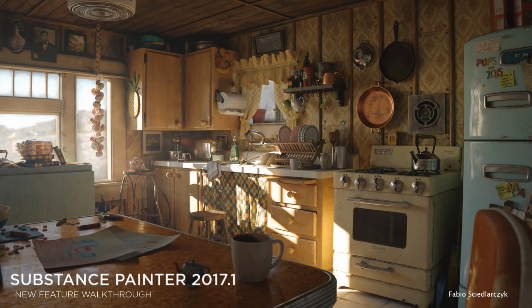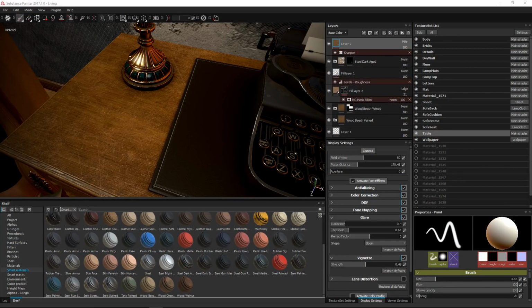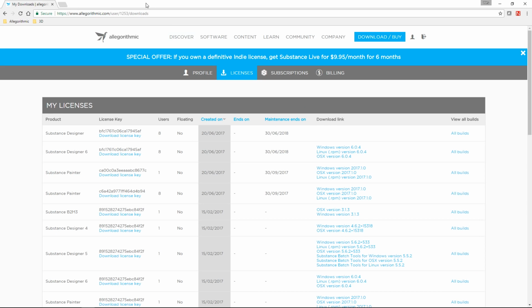Now, before we jump right in and get started, let me switch to my screen. So here is Substance Painter. I wanted to talk a little bit about how you can actually get the software. So here, let me just bring open my Allegorithmic account. What I wanted to point out is, if you want to get the software, what you need to do,